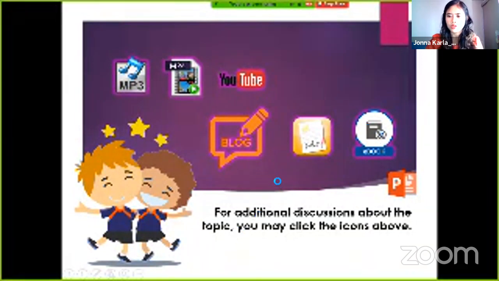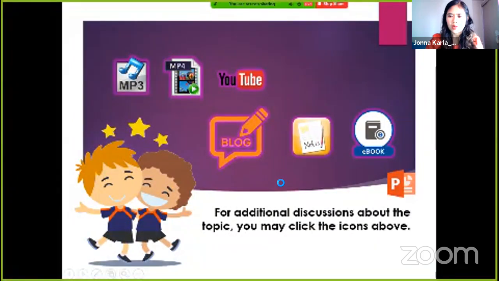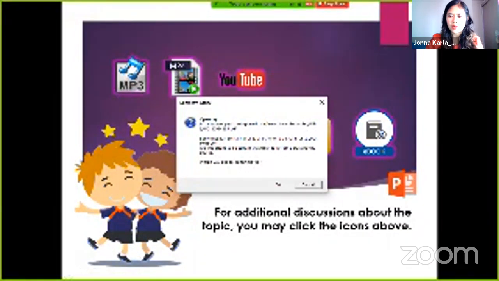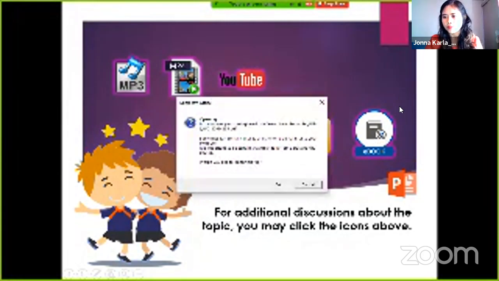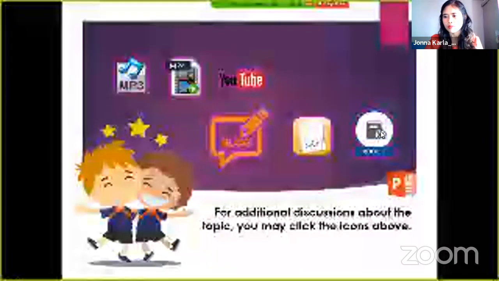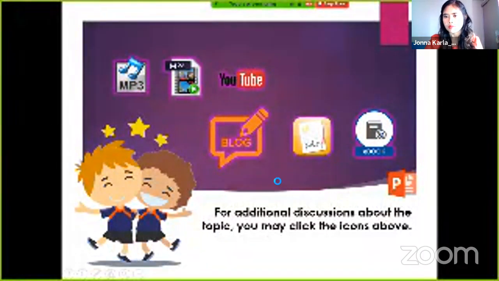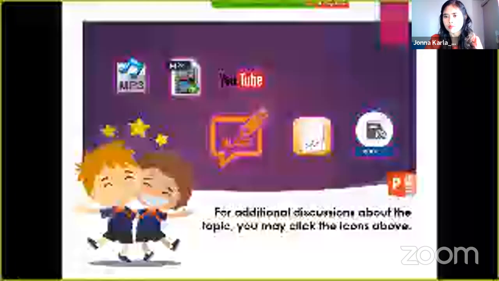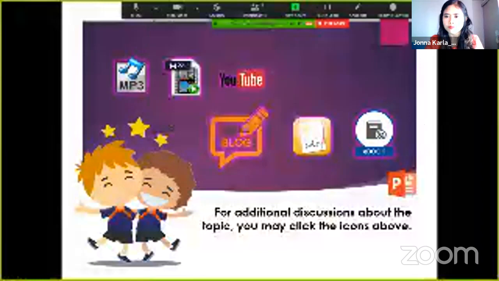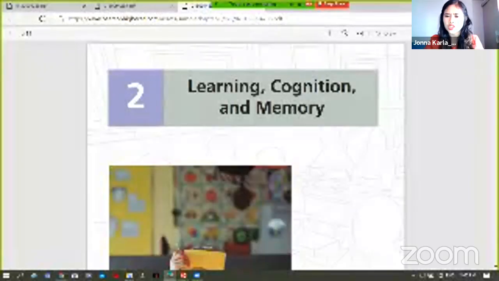Dati po ang uso is mga encyclopedia, ang daming volumes. But this time, since we're utilizing things online, we could access information online as well. Okay, open ko lang po siya. Okay, ito po ang PDF. Learning, Memory, and Cognition. Buong libro po ito